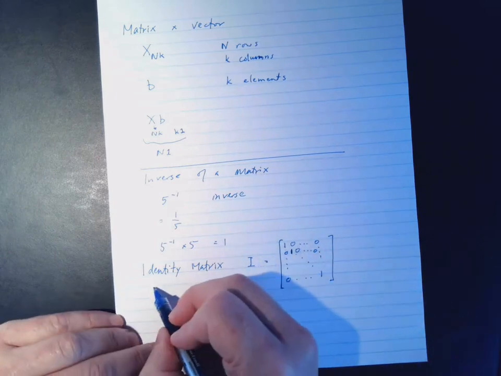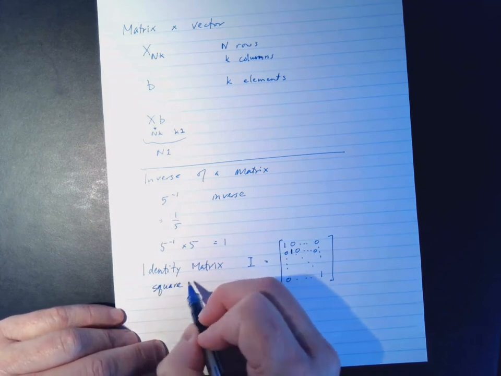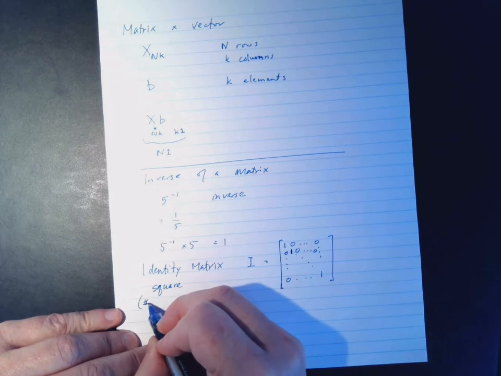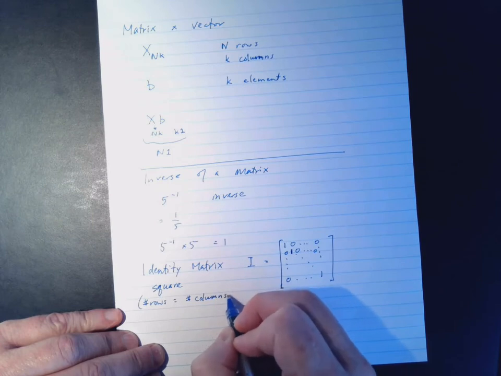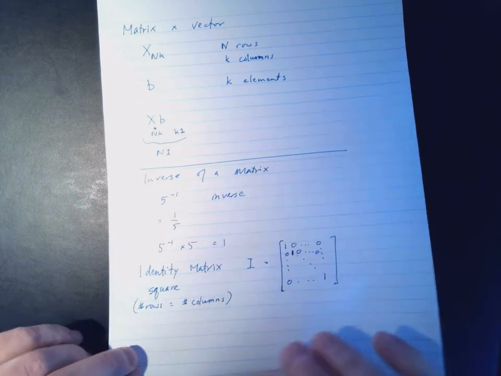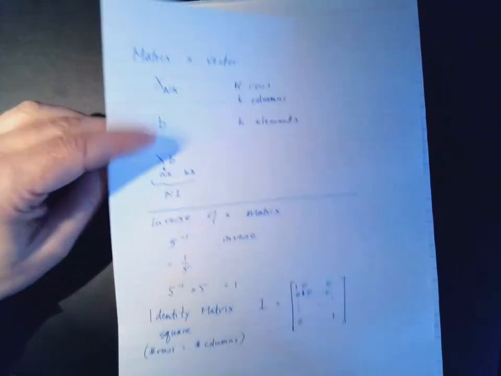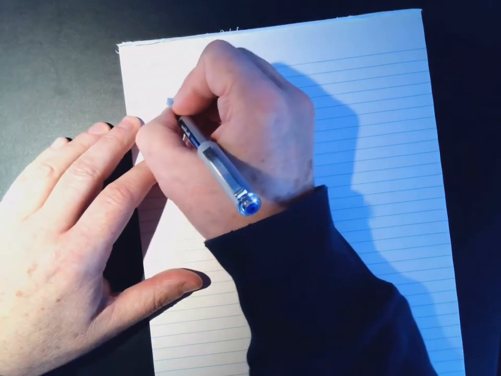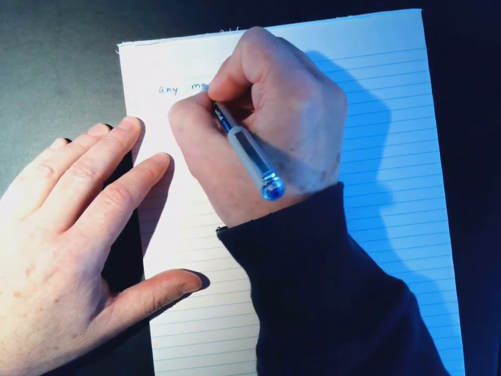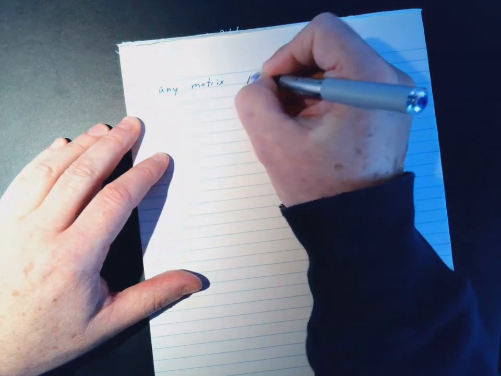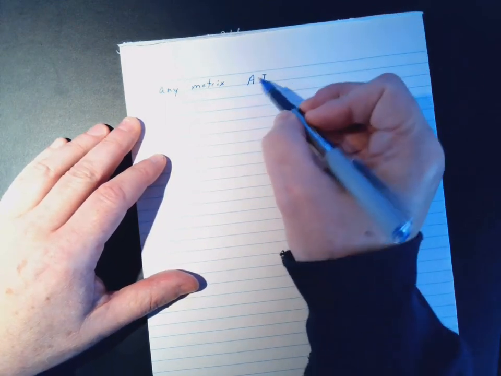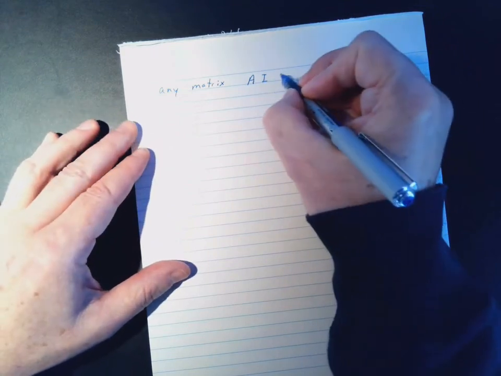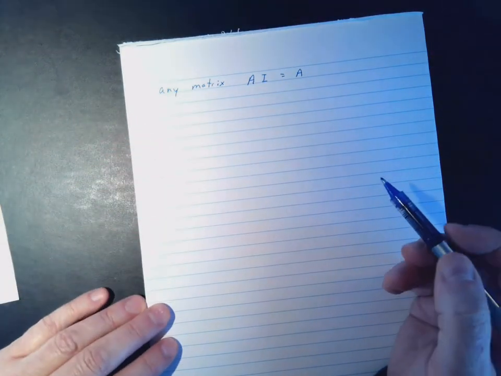So identity matrix, a square matrix, meaning the number of rows equals the number of columns. And the thing about the identity matrix is any matrix A